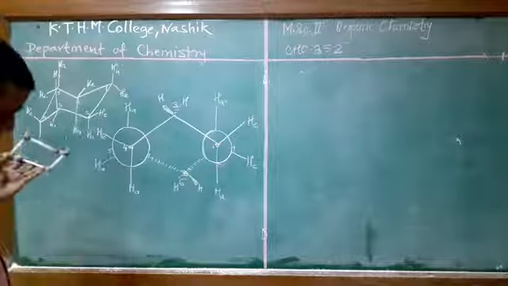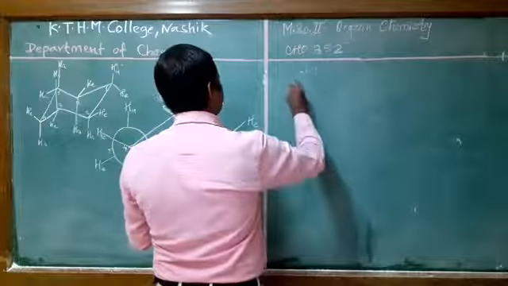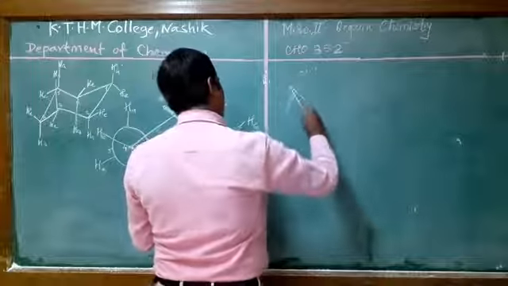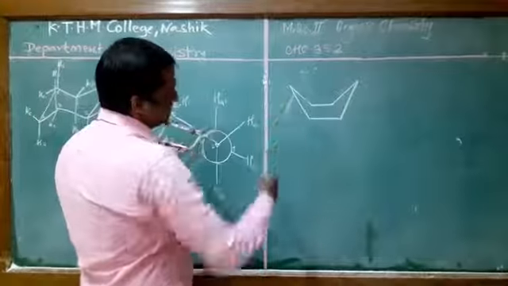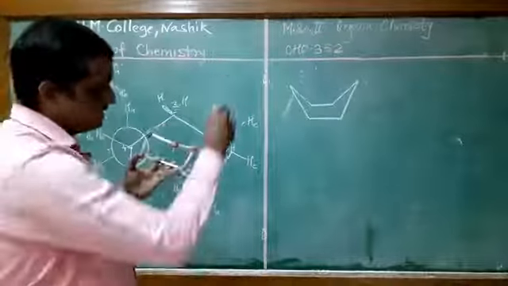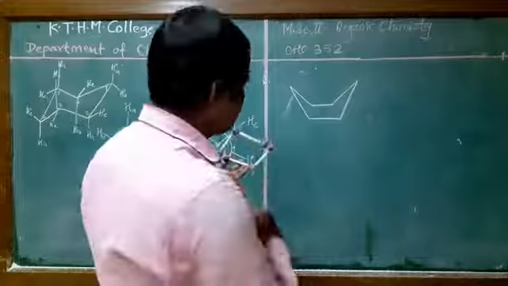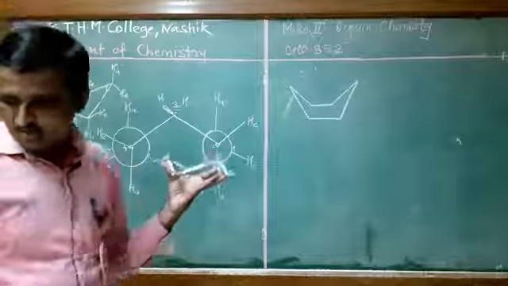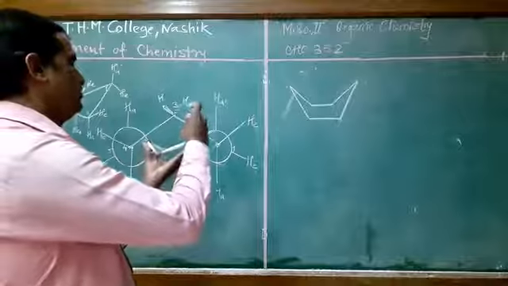This is the chair conformation, and if we consider its boat conformation, we know that the boat conformation is like this, and whatever substituents there are can be shown in Newman's projection. But before going to the Newman's projection of this boat conformation, we are looking at mono substitution. If mono substitution is carried out over this particular cyclohexane, what will happen?